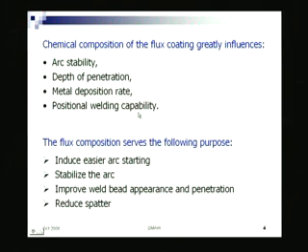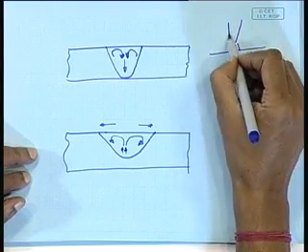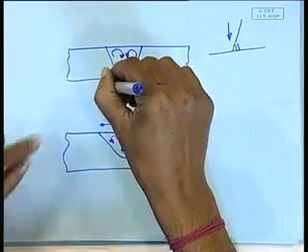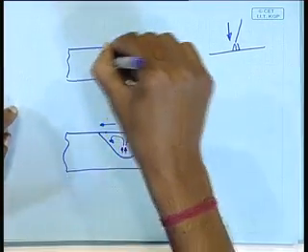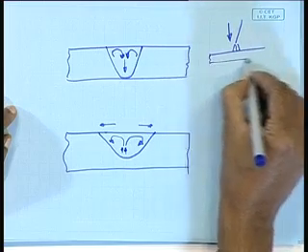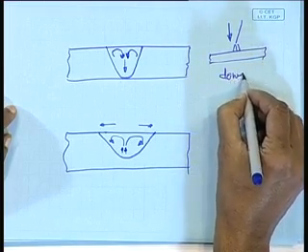Then positional welding capability. Positional welding capability means, you know, welding. If you see welding situations, the best welding situation is like this. That means downhand welding. Metal transfer is taking place in the direction of gravity. This is called downhand welding, right? Say this is my welding electrode, this is downhand